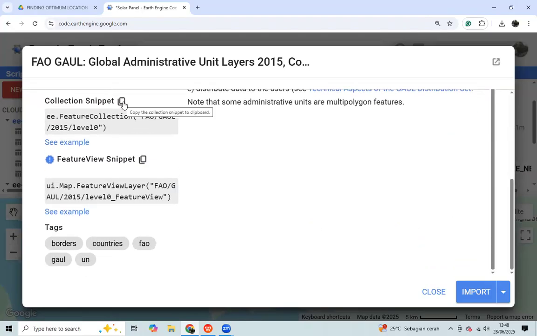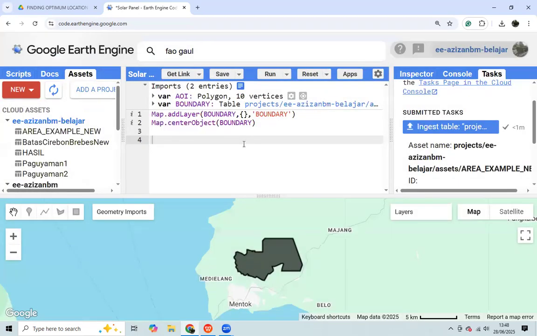We copy the script of the collection snippet. We can close, and then we create a new variable.